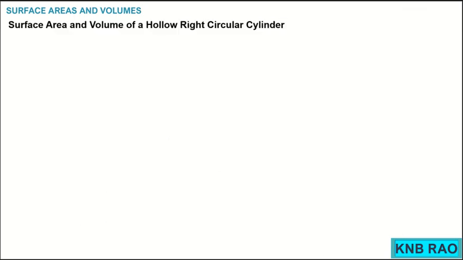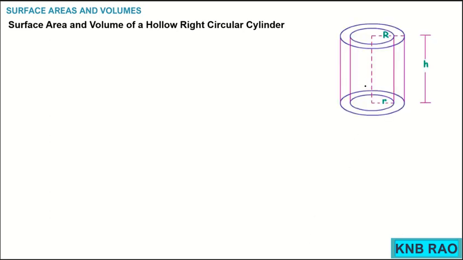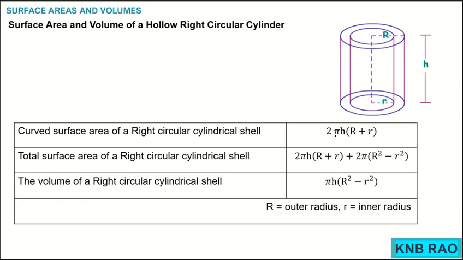Now surface area and volume of a hollow right circular cylinder. Here, a hollow right circular cylinder will have only that shell portion, inside it is hollowness. Okay. Now the best example for this hollow circular cylinder is your ballpoint pen refill or a normal PVC pipe where water flows. They are all examples. Now for this, curved surface area, TSA and volume.